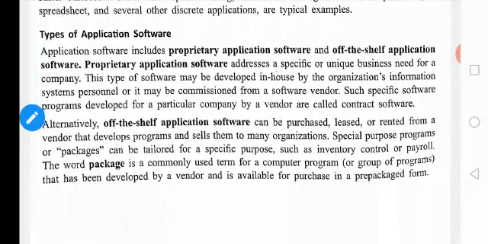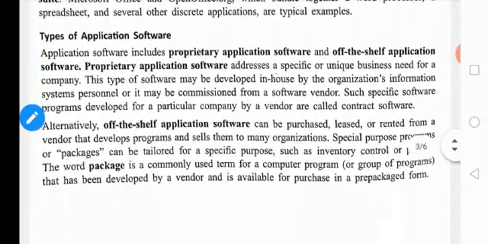It includes proprietary application software and off-the-shelf application software. The first one addresses a specific or unique business need for a company. So it is mainly used on the company side, and this type of software is developed in-house by the organization's information systems personnel, or it may be commissioned from a software vendor.